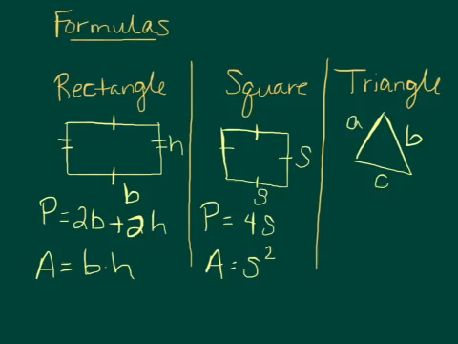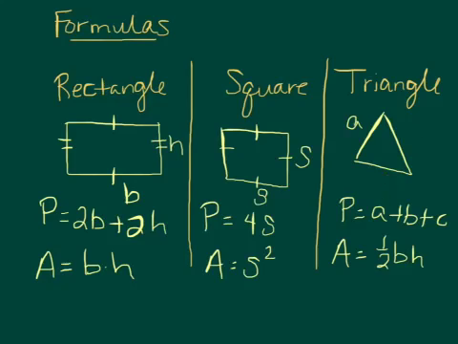The perimeter is A plus B plus C. Now, let's talk about area real quick. We had said that it's 1/2 base times height. But where's the height? Okay, I'm going to go ahead and switch these 2 letters, B and C, really quickly,